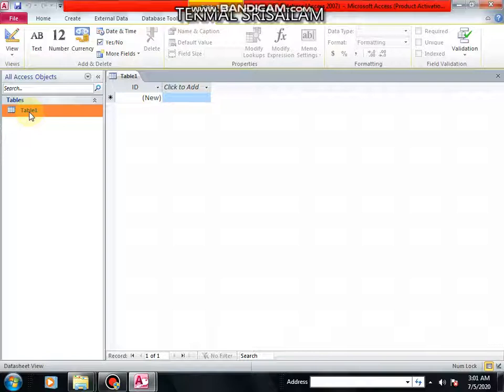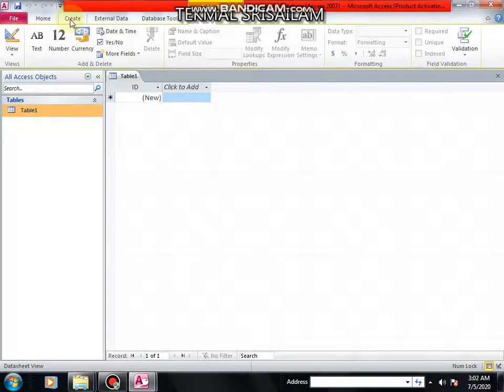By default we got Table 1 in the MS Access database. We can modify this table as per our requirement by adding the desired fields with the specific data type.